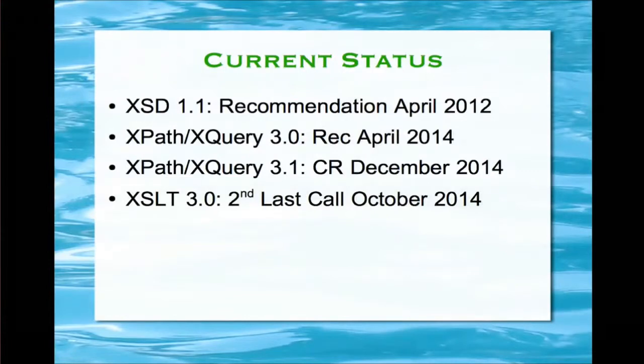So just a single slide summary of where we are. XSD 1.1 became a recommendation in April 2012. I was shocked how long ago that date is. Doesn't time fly? XPath and XQuery 3.0 changed status since this conference last year. They became recommendations in April. We've been presenting them for a couple of years as being nearly finished, and some people might not have believed us, but we did actually finish. And those 3.0 specs came out in April.